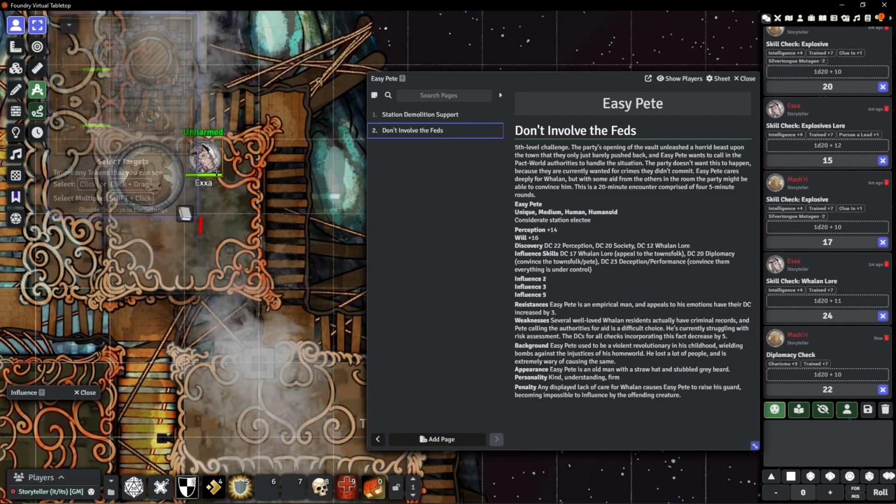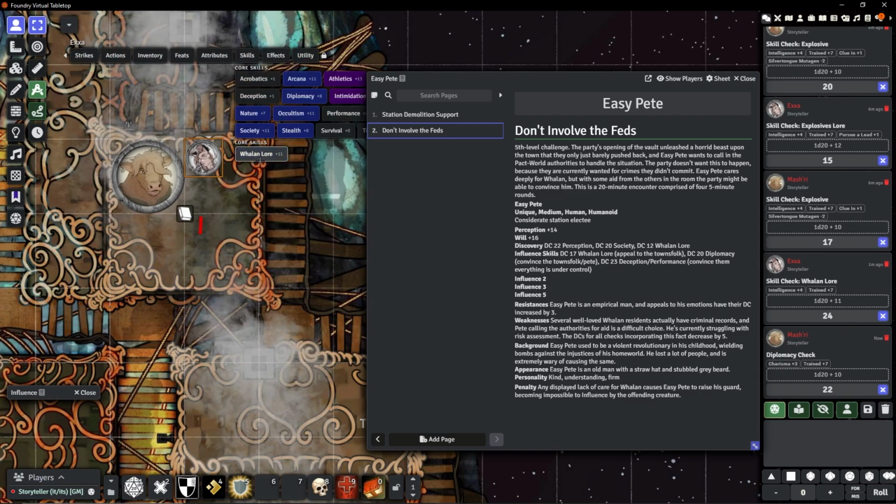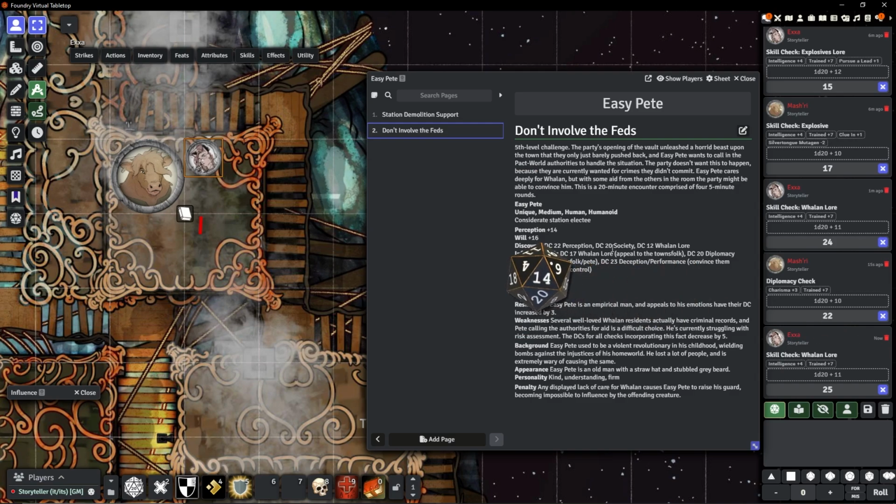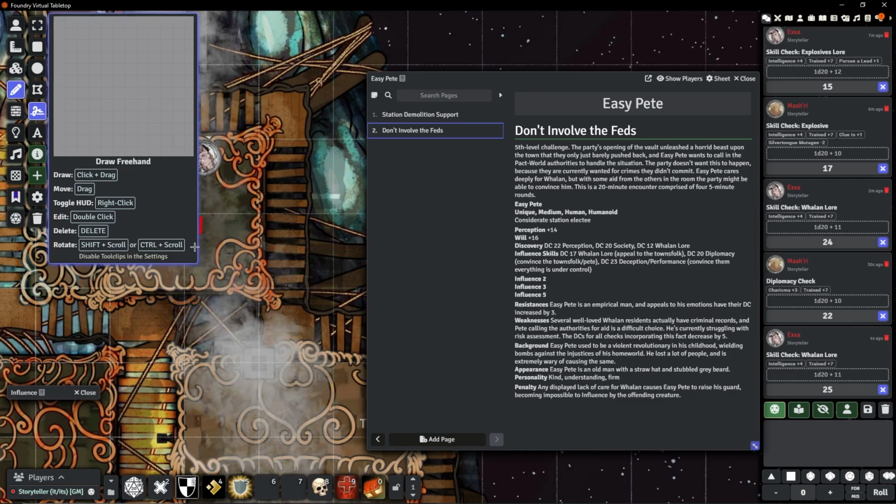point. And then we'll move on to round 2, where Exxa will continue to use Wayland lore. Again, a very good example of how being able to gain lore in something as an investigator can be very, very helpful. Exxa will be using that to convince the townsfolk. The modified DC of 12 means that a 25 will be a critical success, and that will gain the party